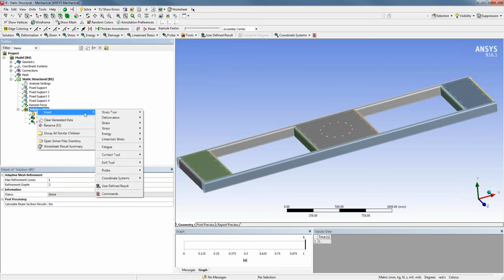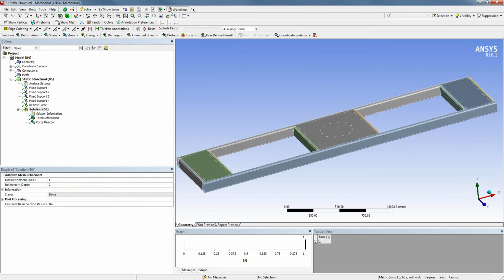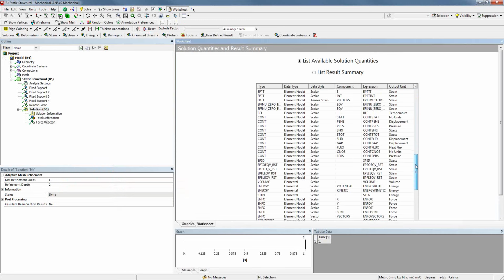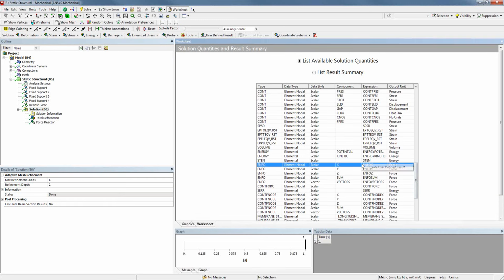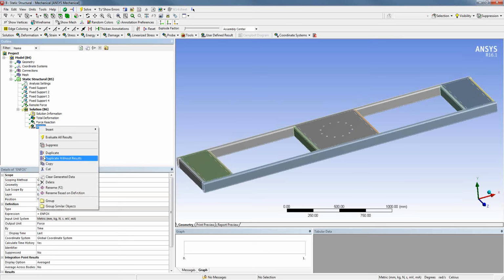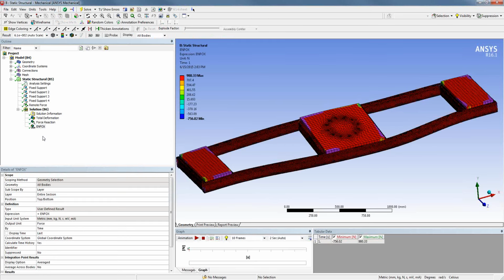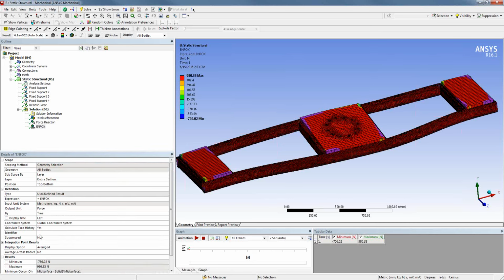So if we come in here and say we want to define a user-defined result, and I grab one out of the summary variables here, and I've got my user-defined result, ENFOX. We evaluate those results. We've got our forces in the x direction. Now what you may not know is that down here there's actually an identifier field which we can put in